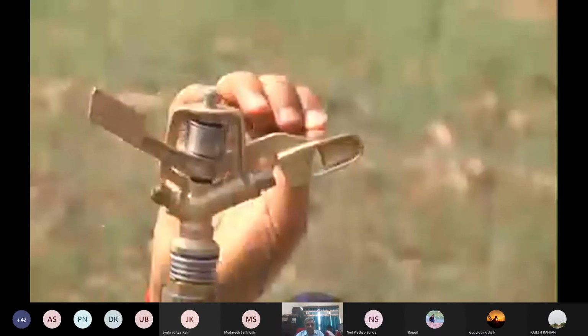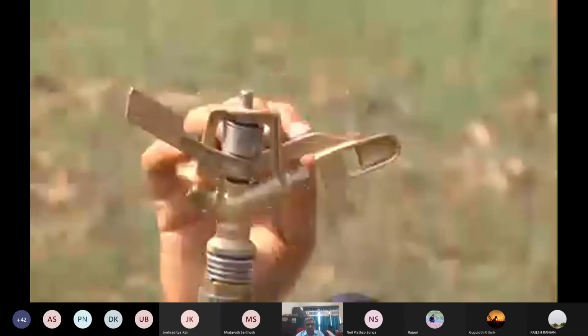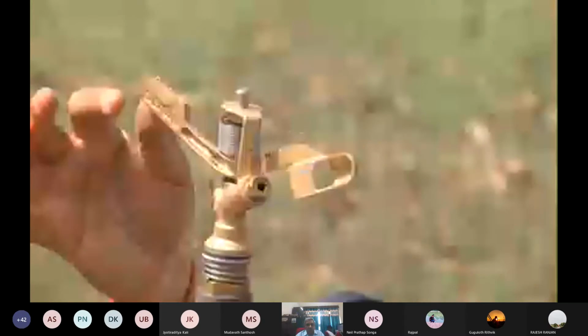These two nozzles are discharging at a given pressure. One is a range nozzle, and the other nozzle is the spreader nozzle. This is the counterweight, and it compresses, and then a torque is created. Because of this torque, when the jet comes, it will hit. So once it is hitting, then